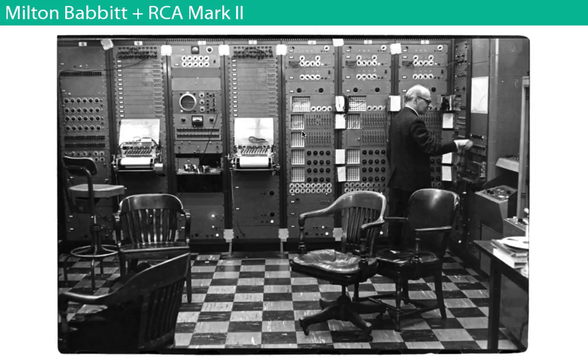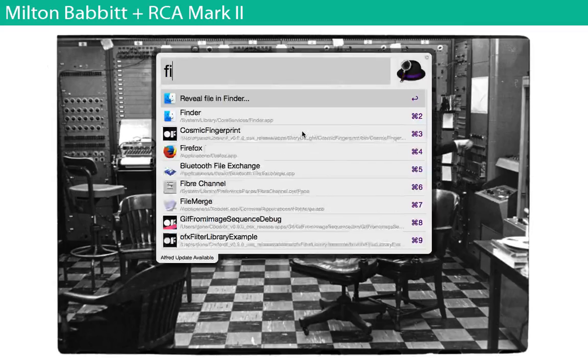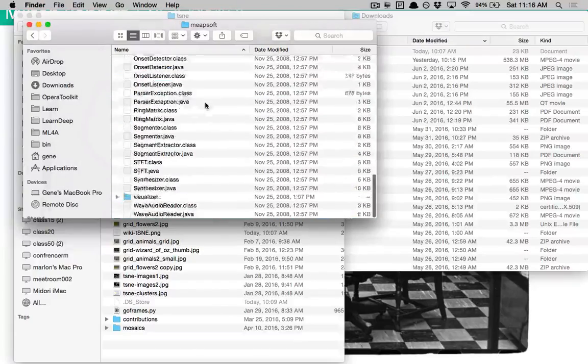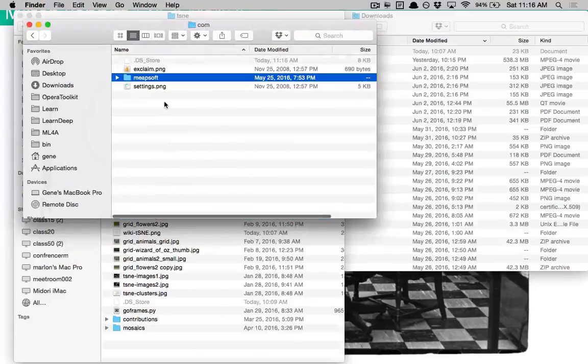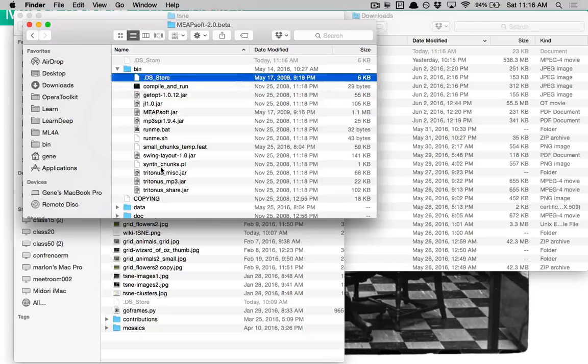Okay, so I actually was an engineer, so I was in the engineering school. So this wasn't really my department. This is a music department. But I started hanging out here because I was really interested in doing electronic music stuff. And one of the things that they were working on when I was an undergrad was this program called MeepSoft. And I have to actually remember how to launch it. I think it's go here. It's like run me. Yes, run me.